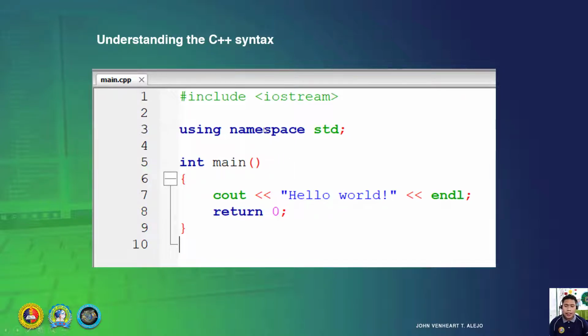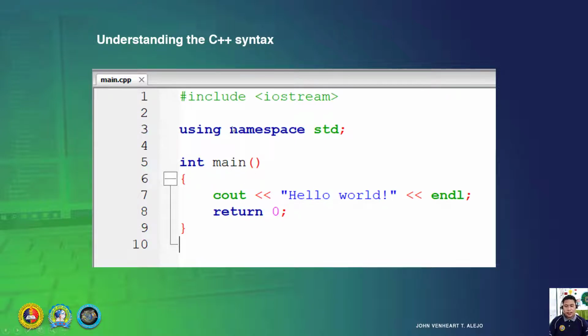Using namespace std. Line number 2 is blank, and line number 3 is using namespace std. It's either line 2 or 3, it depends on us. We are the ones who placed it there. The computer does not see the spacing or indentation, it ignores white space. So for us, line number 3 has a space.